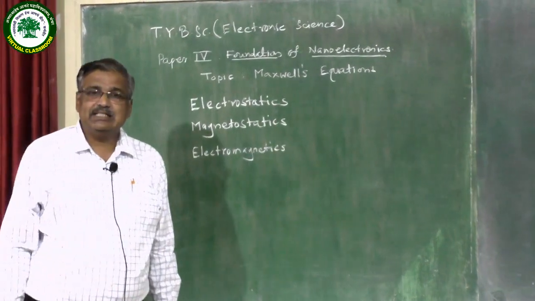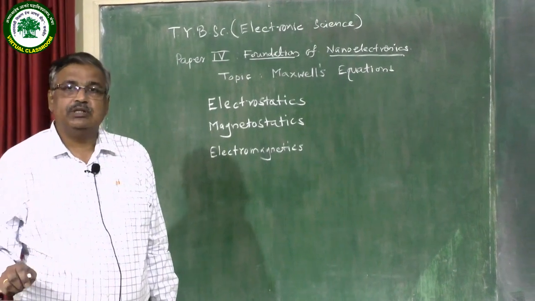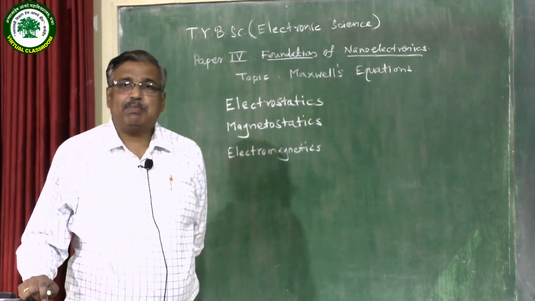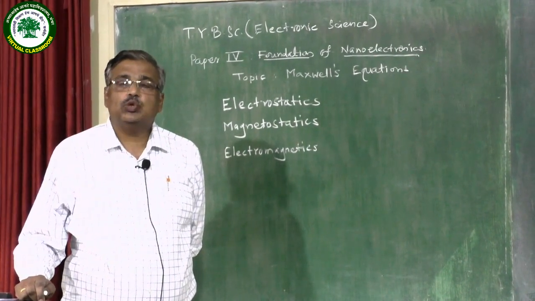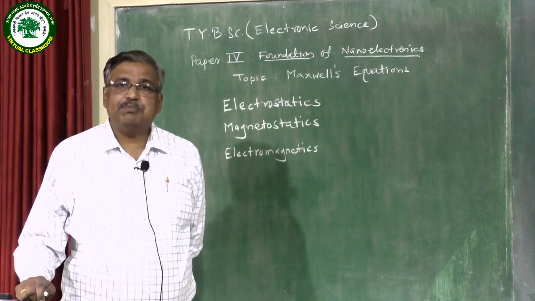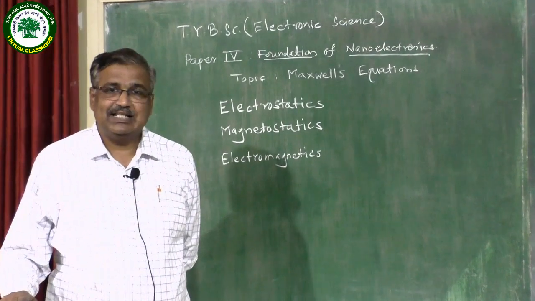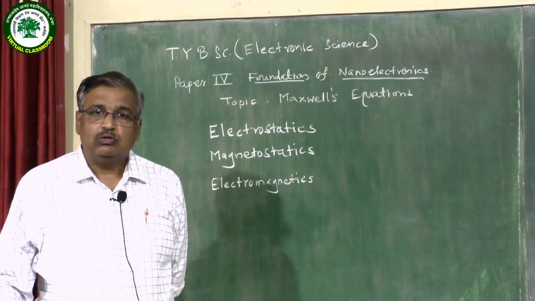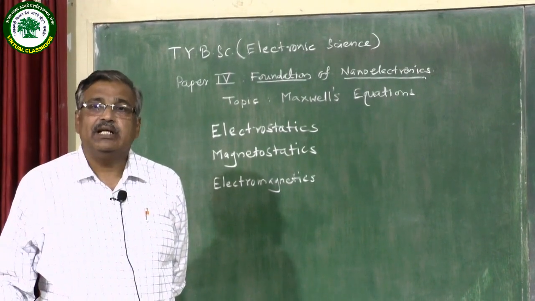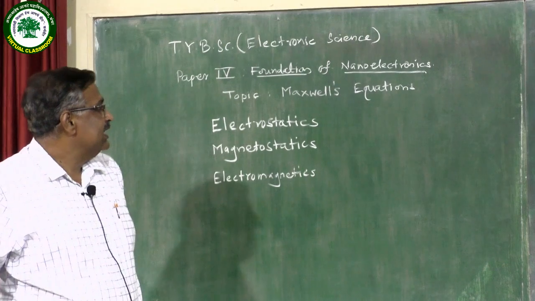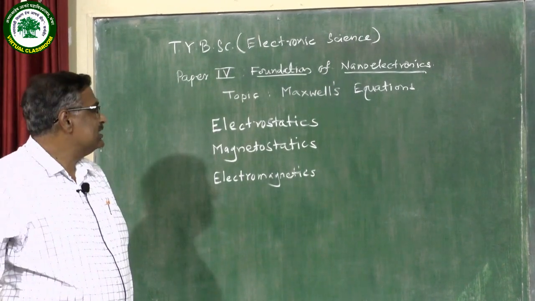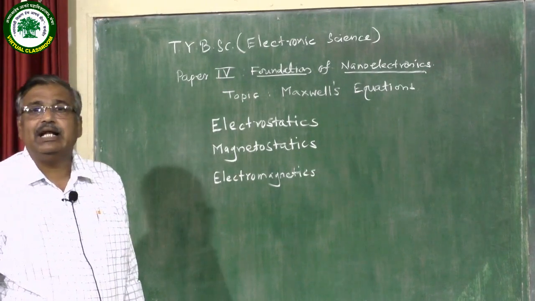Nanoelectronics is a term which is basically used in nanotechnology. Nanotechnology consists of various parts, particularly electronic parts, and to develop such electronic parts like display and memory chips, we require nano devices. To construct such nano devices, we require the basic concepts or knowledge of electromagnetics. So we consider electromagnetics, of which Maxwell's equations are a part.